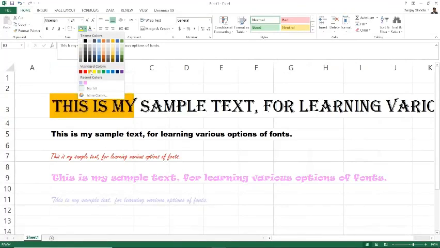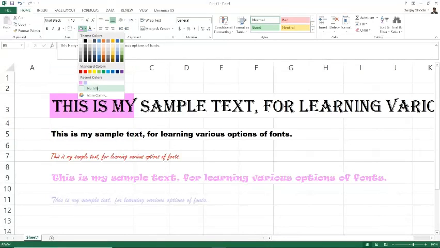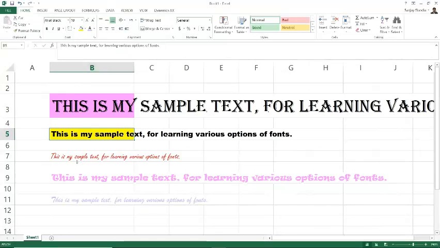And again, you can select any of the colors which are available here, or you can use any of the recent colors that you have used, or you can go to the more colors option and pick the color of your choice. So this is how you can fill color in a particular cell.